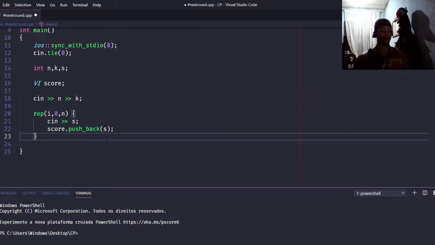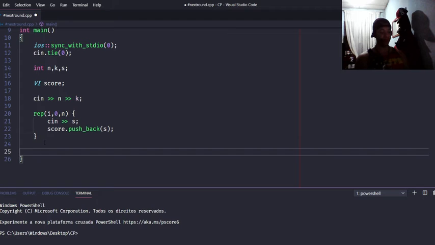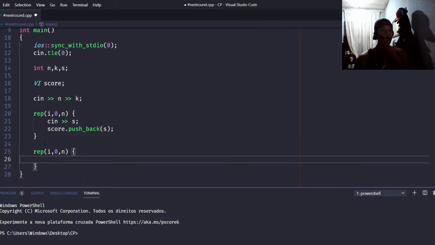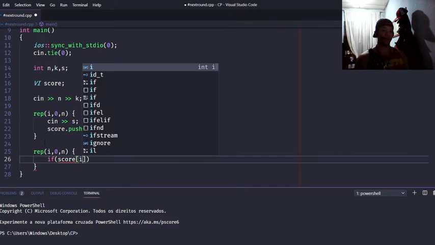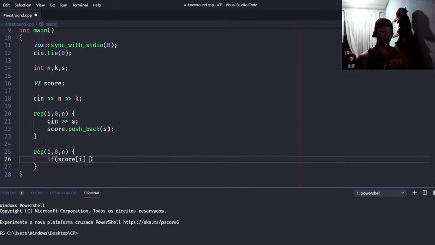Just get this loop. So now is the condition. I have all of the scores for each one of the contestants. Now I'm going to create another loop to do those validations. So i again from 0 to n, for each participant. Then I'll create an if statement here. If my score of i is greater than 0,